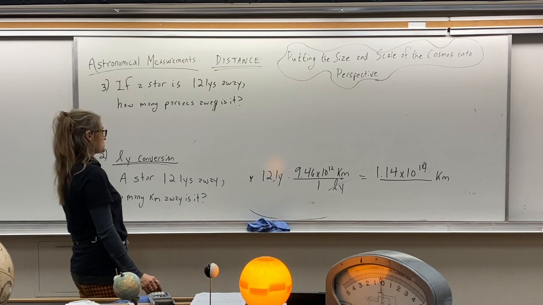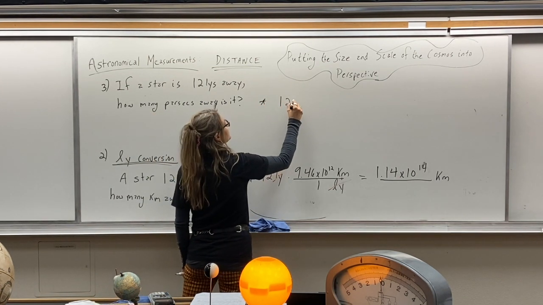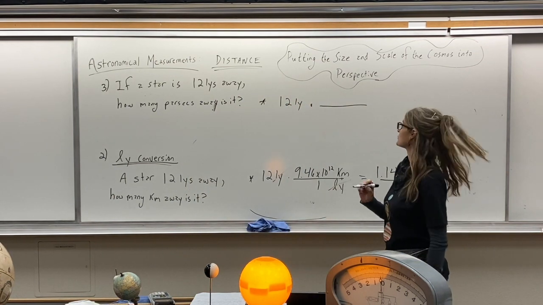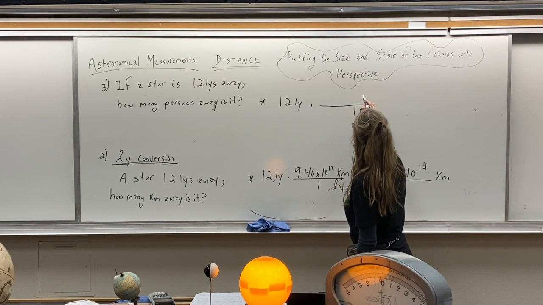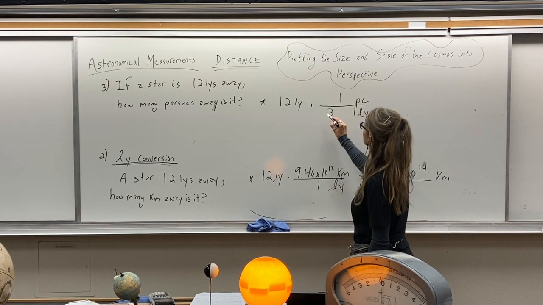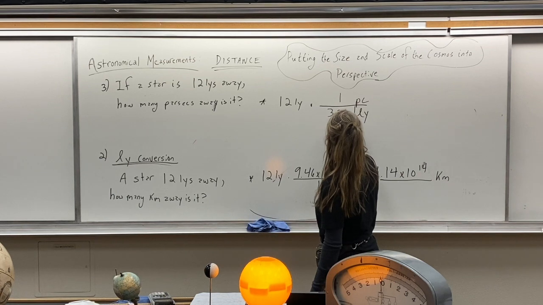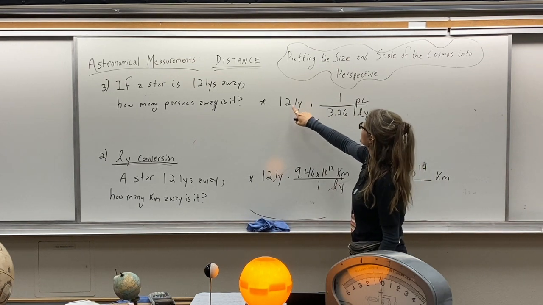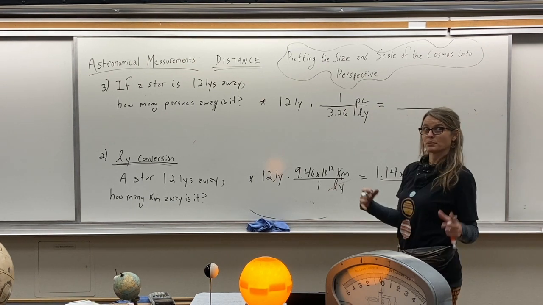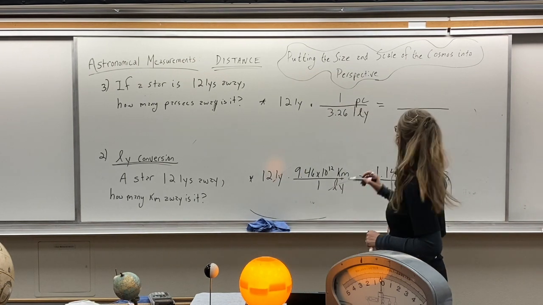Well, in this case, we just use our conversion. We know that we have 12 light years, and we're going to multiply by our light year to parsec conversion. So we get rid of our light year, and we introduce our parsec, where 1 parsec is 3.26 light years. So it's pretty much like dividing 12 by 3.26, and we expect a smaller measure because a parsec is a larger measurement. And we get about 3.68